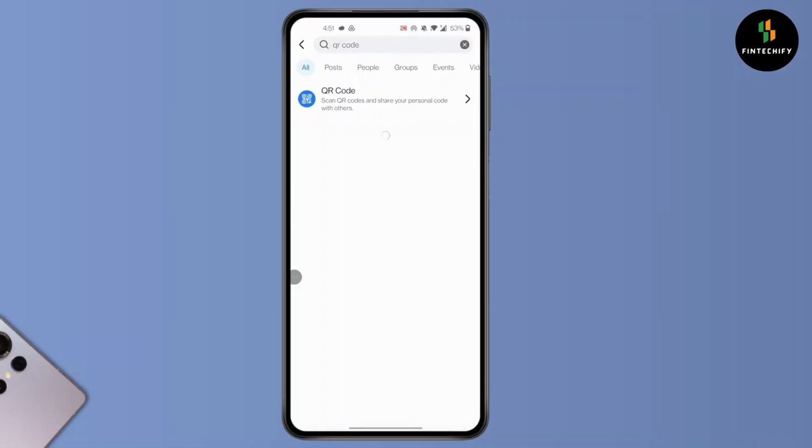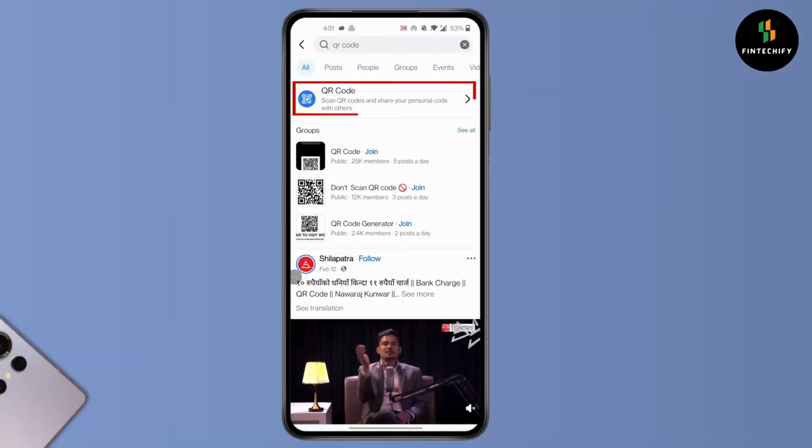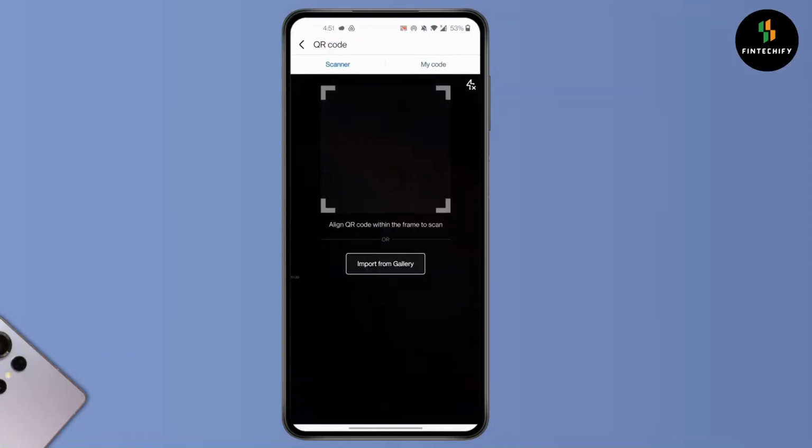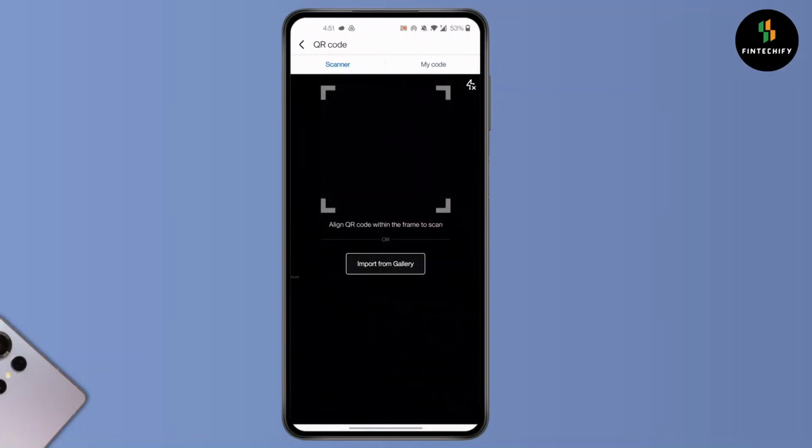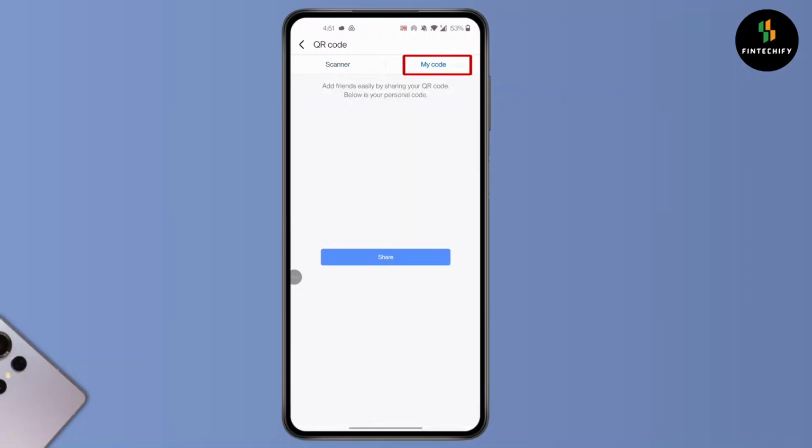After you've searched QR code, you'll find QR code at the top with the arrow. Click on it. And you'll find a scanning option as well. You can scan others' QR code. And if you want your QR code, click on my code at the top and you'll find your QR code